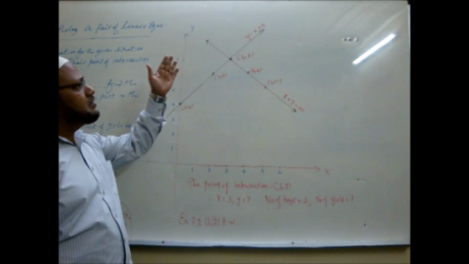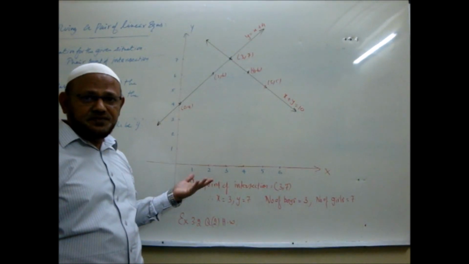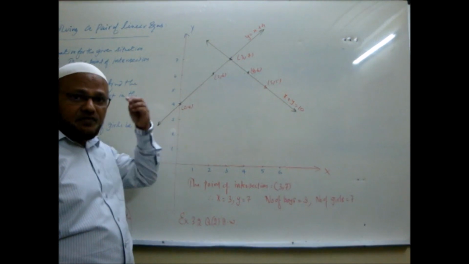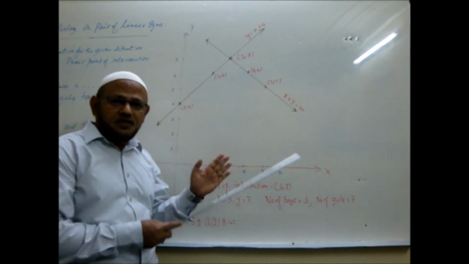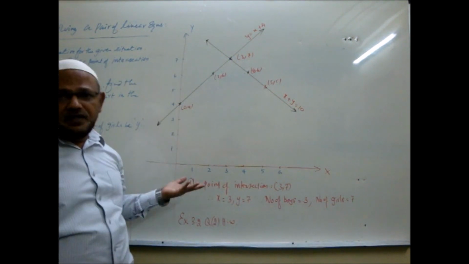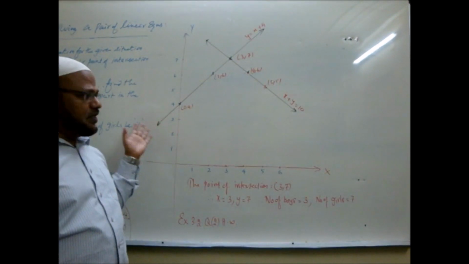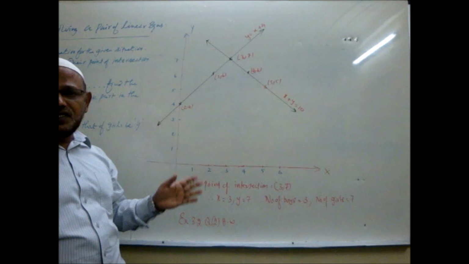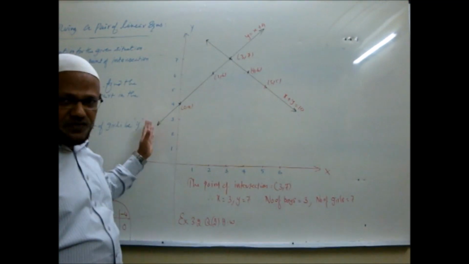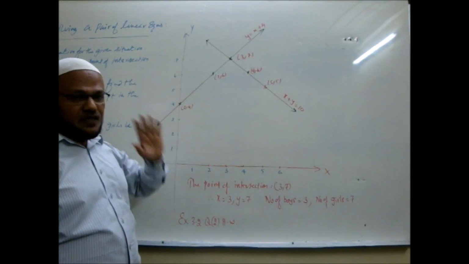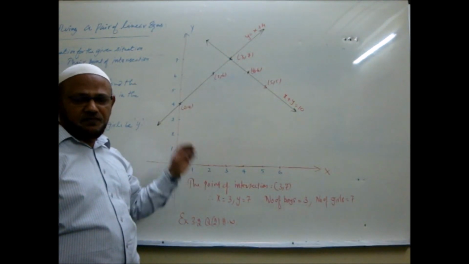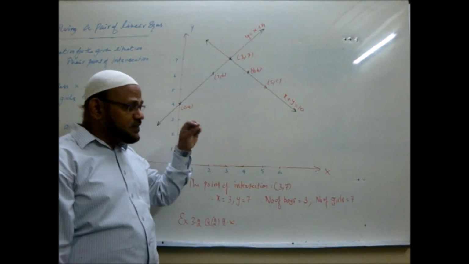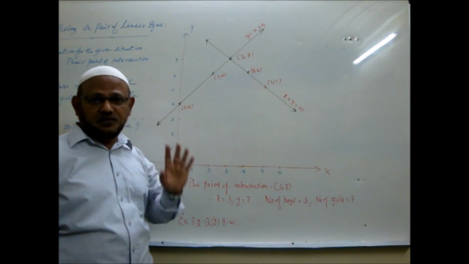Sometimes one line runs on the other, that also happens. In that case, with coincident lines, every point on both lines is a solution. That situation also arises. Still, if a question asks to find the graphical solution, it is when the lines intersect at a point. So a solution exists for that case, a single solution.